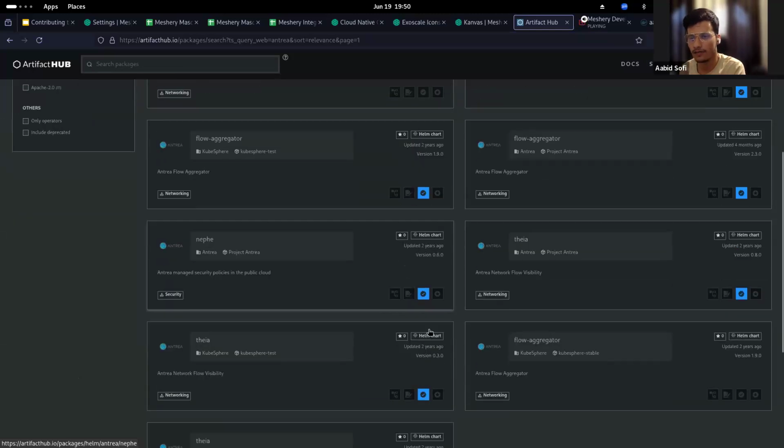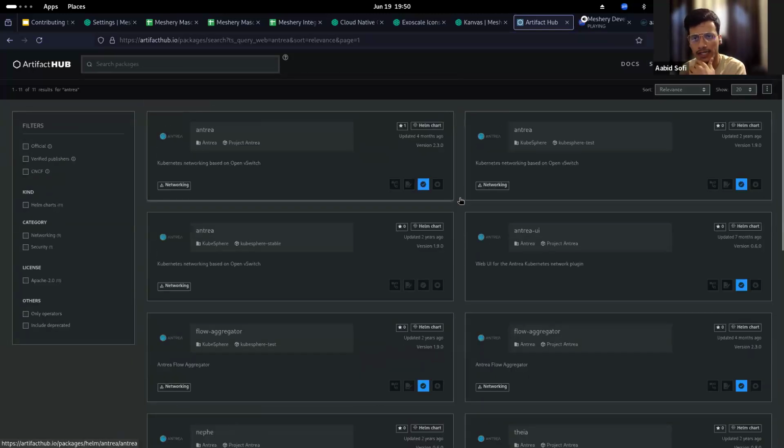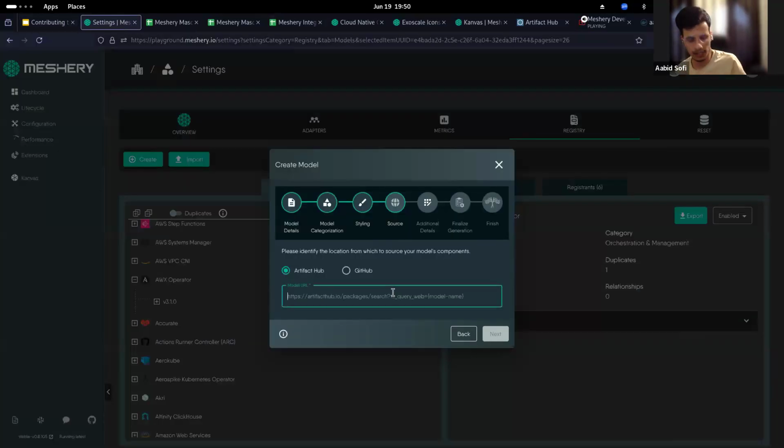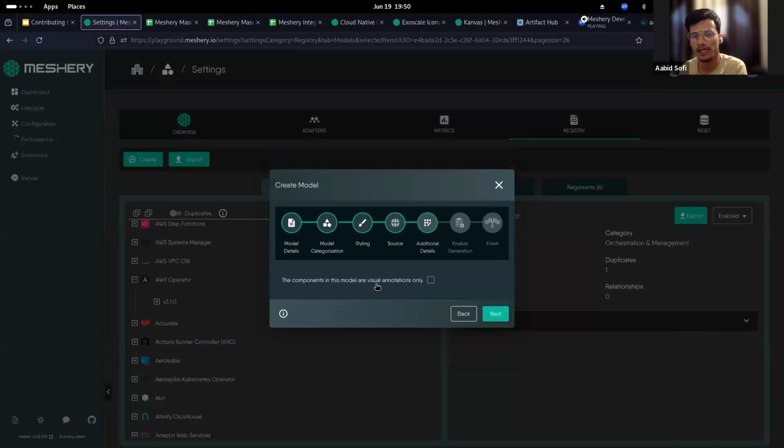You can see these are all of the charts and components and operators that would be found. So if I go here and give it the link, and next, this is another thing here. What this is asking us right now is, is this what you are trying to import, or sorry,